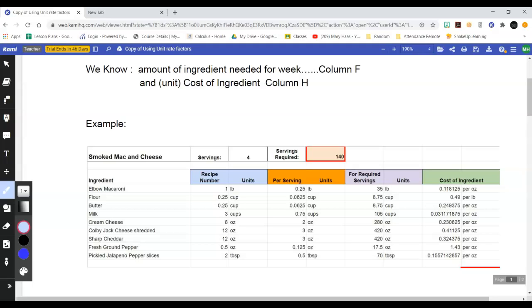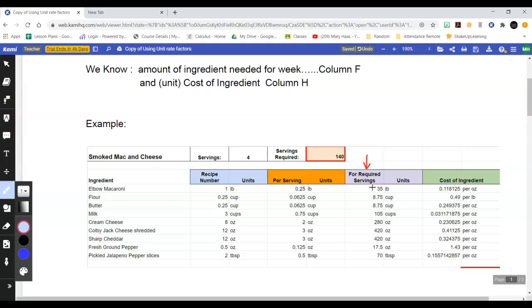Then you divided it by the number of servings that it had for that recipe and got a per serving amount in the same units. And then for this column, we multiplied the per serving amount times how many servings we're going to require for the week of that particular menu item. So in this case, my smoked mac and cheese, I said we were going to have 140 orders in a week's time. And so then we just took each of the per serving, multiplied it by 140, and got the amount of each ingredient. So this is the amount that's required